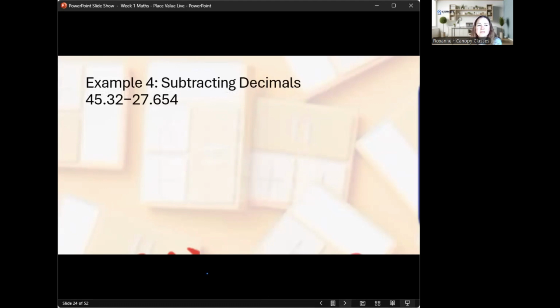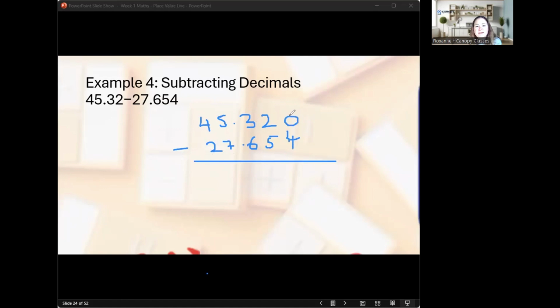Subtracting decimals. Let's do this so that we can go through the example. So what have we got? We've got 45.32. And we're subtracting 27.654. Okay, now again, if it helps, put in the extra 0 so you've got an equivalent value and everything's